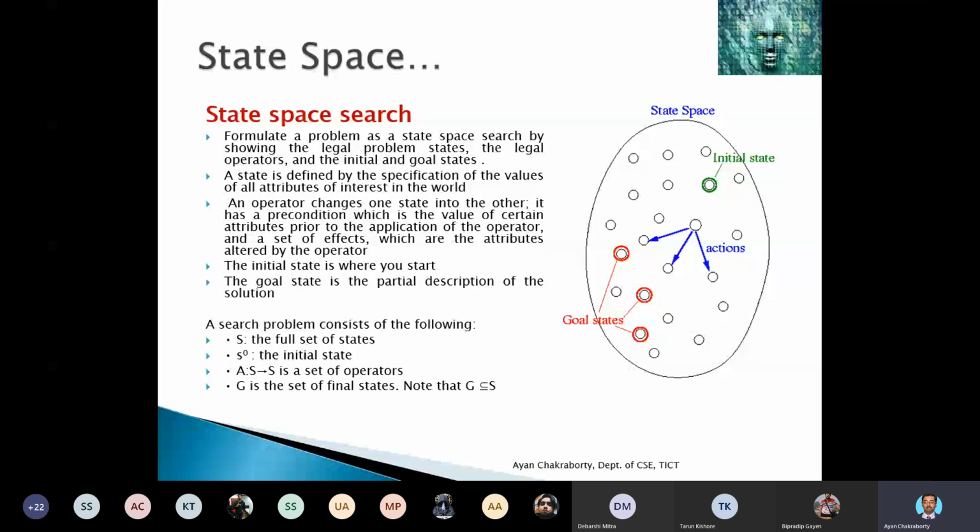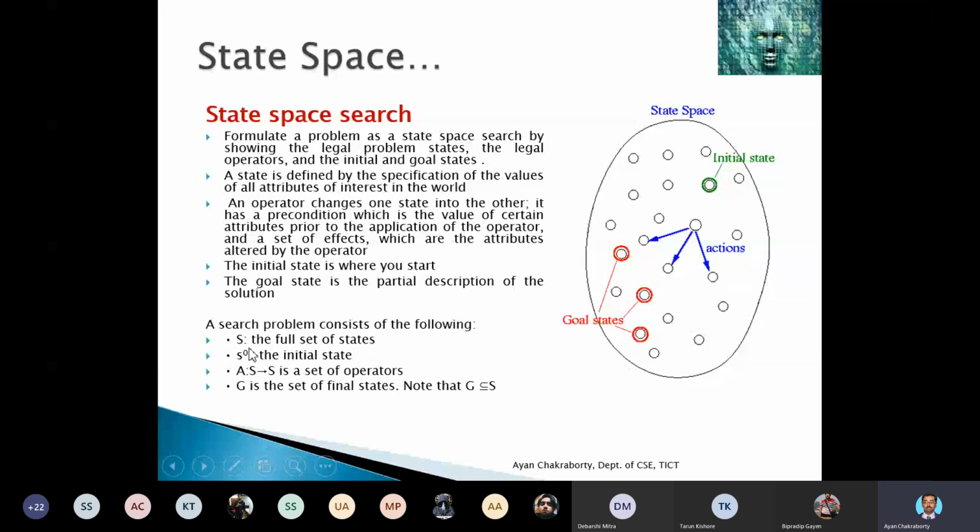Now we have to do our actions to change the state from one state to another state. So the search problem consists of the following.